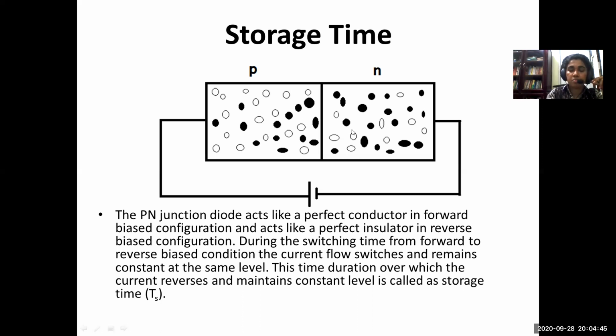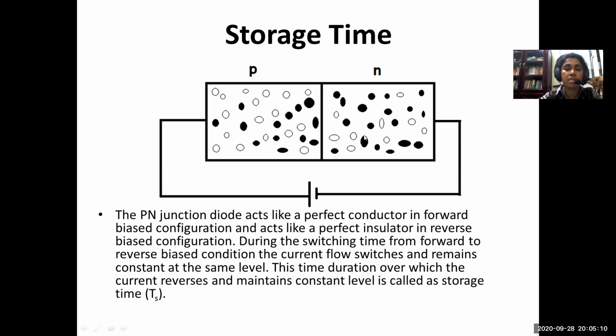In that situation, I will be encountering a difficulty. The diode will not immediately switch from the on state to the off state. So how much time is taken for the diode to go to the off state from the on state? That is what we are going to find out. The off state should be represented by zero current. Okay, that is our requirement.